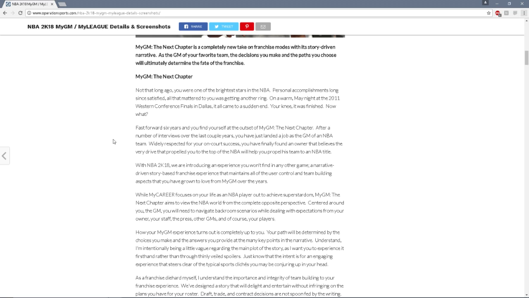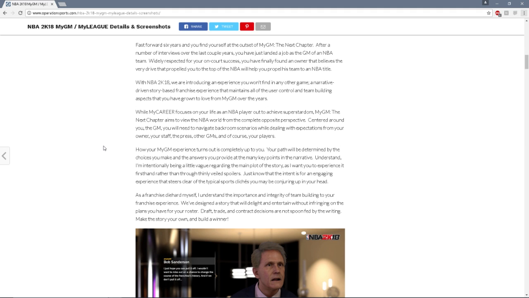aims to view the NBA world from the complete opposite perspective, centered around you, the GM, and you will need to navigate backroom scenarios while dealing with expectations from your owner, staff, press, other GMs, and of course your players. How your My GM experience turns out is completely up to you. Your path will be determined by the choices you make and the answers you provide at the many key points in the narrative. Understand, I'm intentionally being a little vague regarding the main plot of the story, and I want to